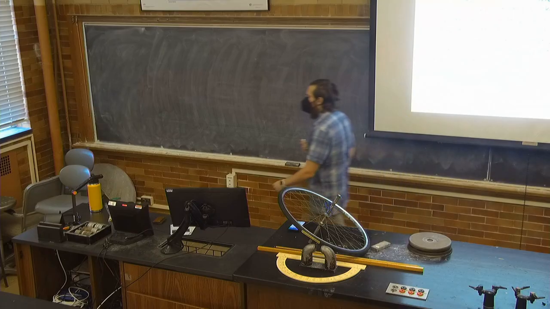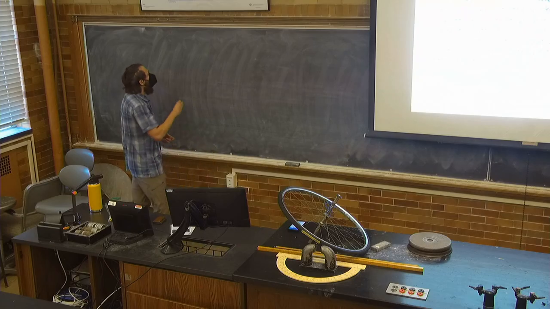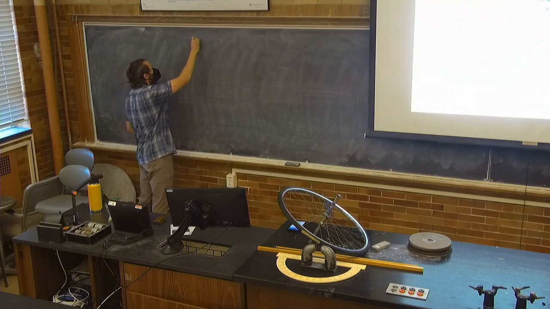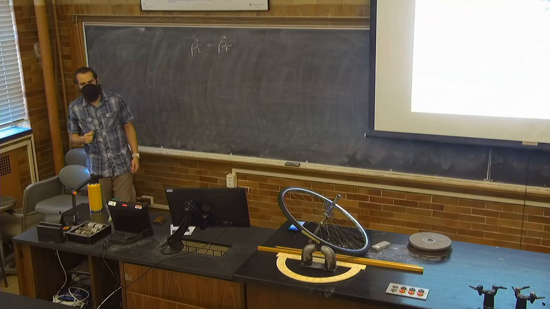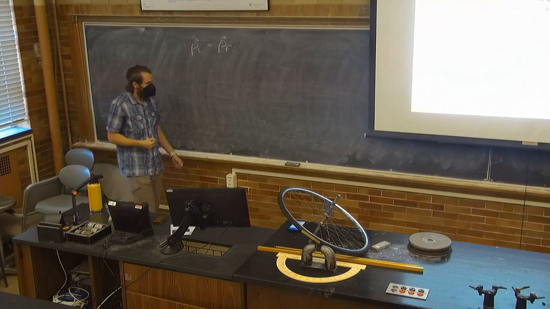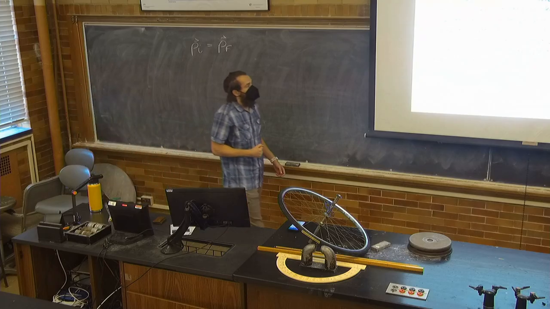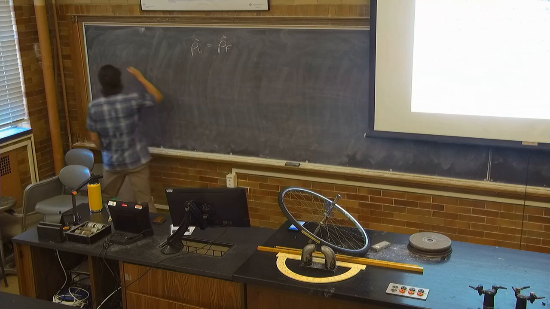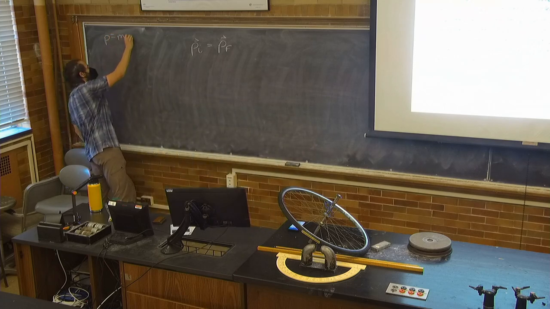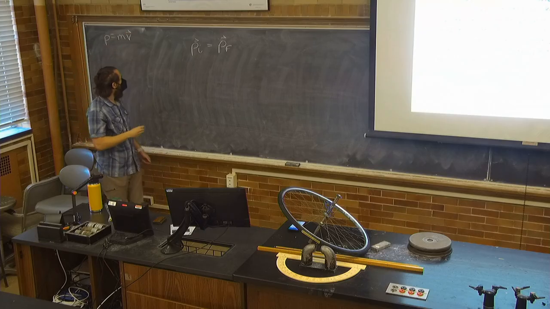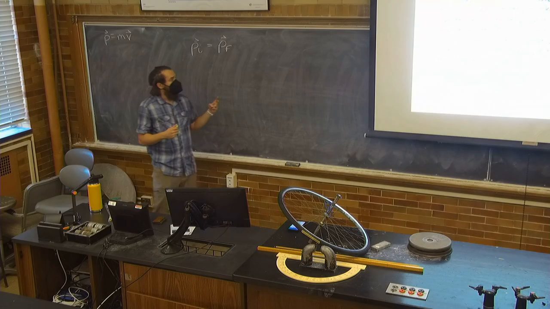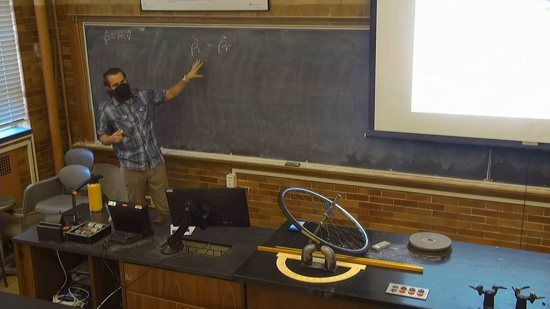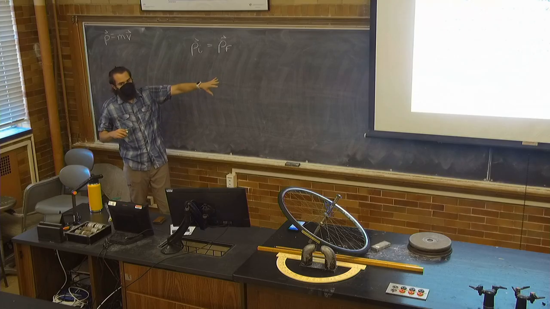What conservation of momentum allows us to do is write a very simple statement. Whatever momentum we start with has to be the same as the momentum that we end with. And remember, we defined momentum as mass times velocity. We have two objects, and we're going to track their mass and velocity before the collision and after the collision